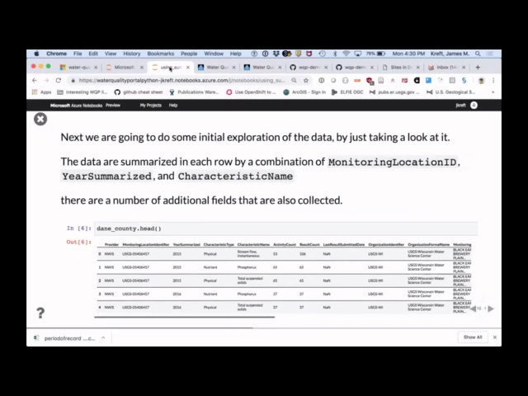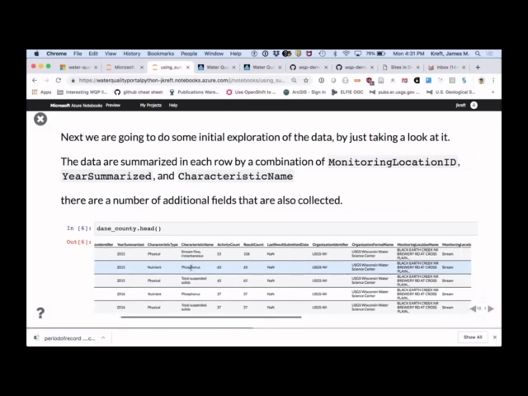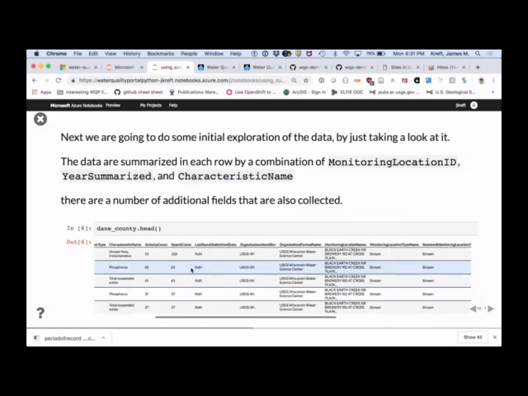So then from there we can do an initial exploration of the data. And what you can see is that the data are summarized one row at a time by a combination of monitoring location ID, year summarized, and characteristic name. So each row is a combination of those 3 key pieces of information, along with a number of other useful parameters that you might want to know, like what type of monitoring location it is, the name of that monitoring